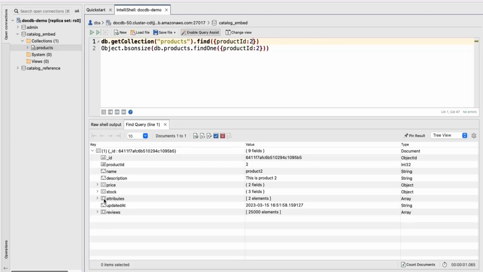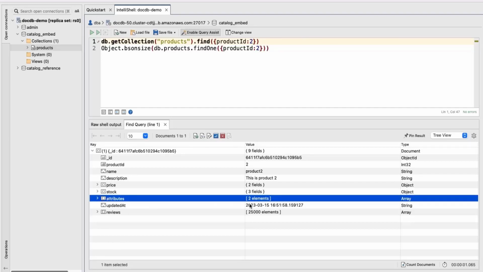Notice also that I have attributes, which is also an array with 2 elements in this case. This will be the specifications of the product. I have size and weight for this example. Now this one can also be viewed as a separate entity, right? The attributes of a product can be a separate entity with also a one-to-many relationship.